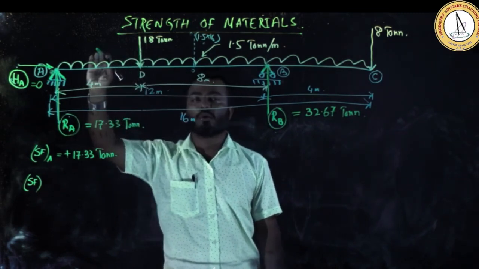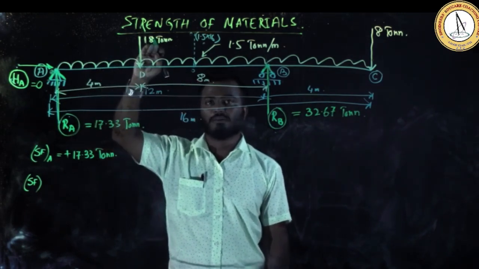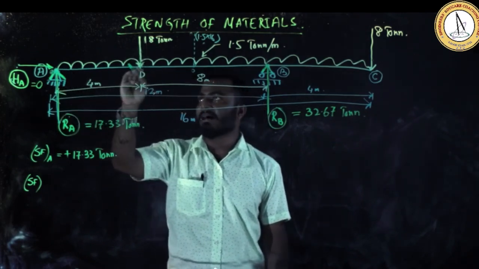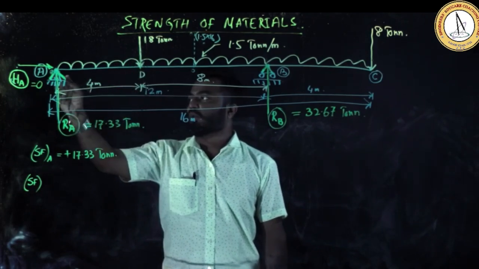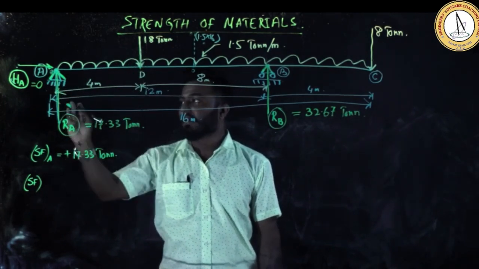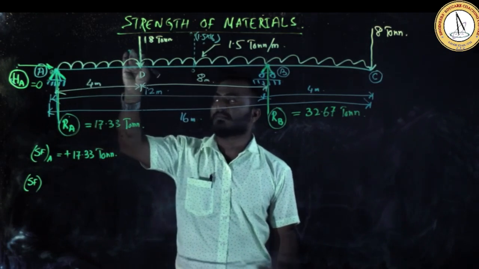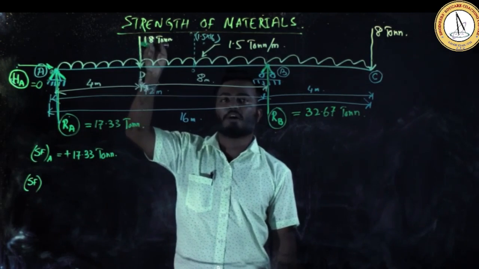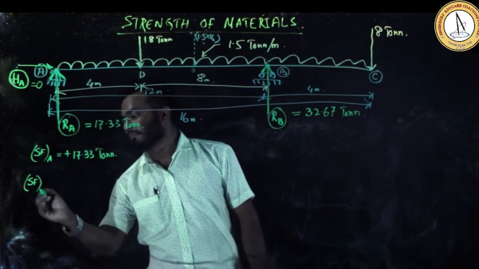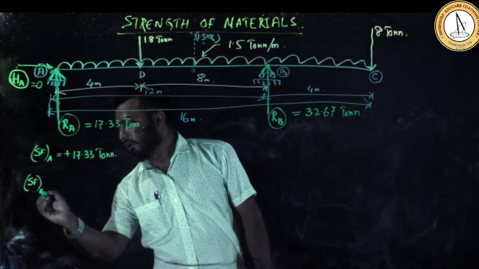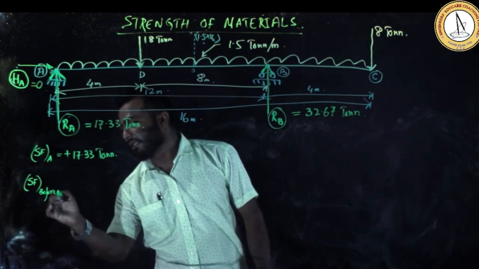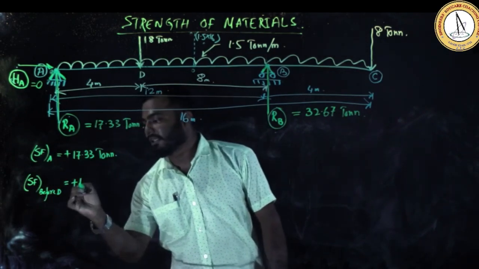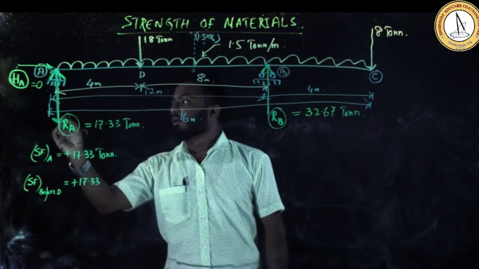At this point, whether you consider this load or the 18 ton, for clarification, first we are deducting, because we are doing an algebraic sum. From RA, because RA is positive, we subtract at first this amount of UDL. Then in the next step, from that resultant force, I will add or remove this 18 ton. So look here, I am writing just before D, because just before D there is a UDL. I already have 17.33, which is plus, which is upward.